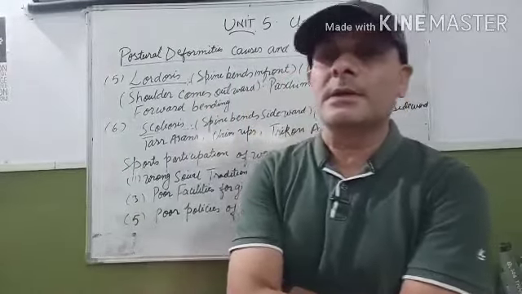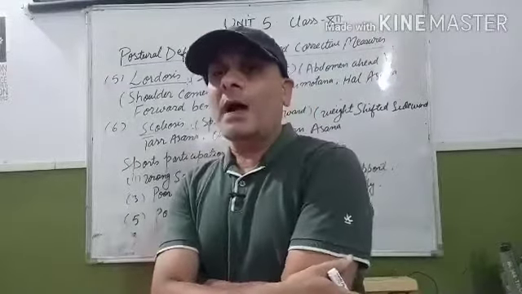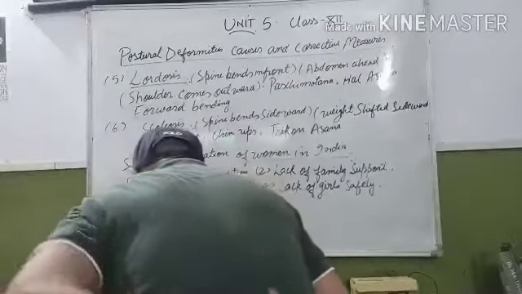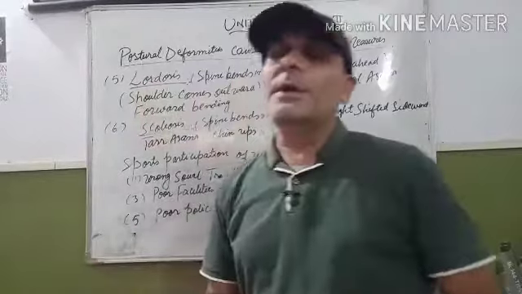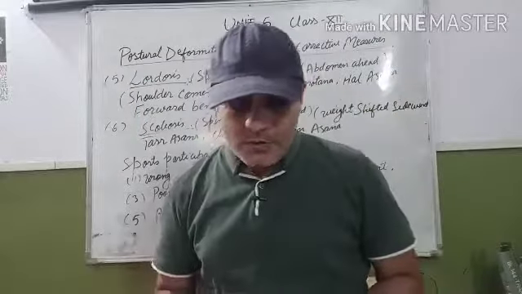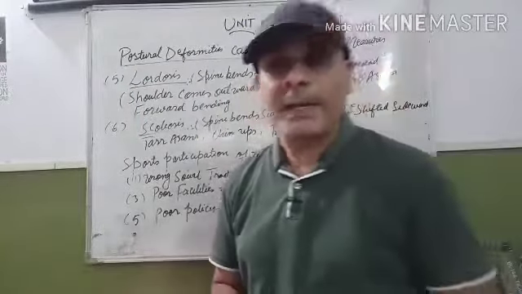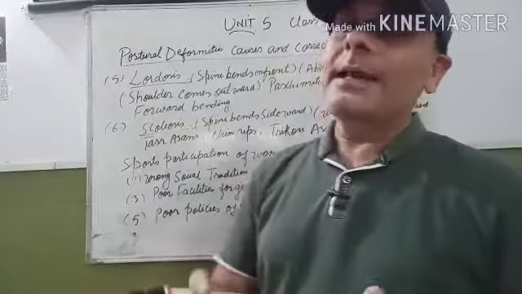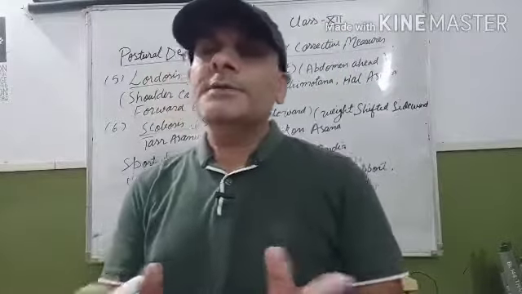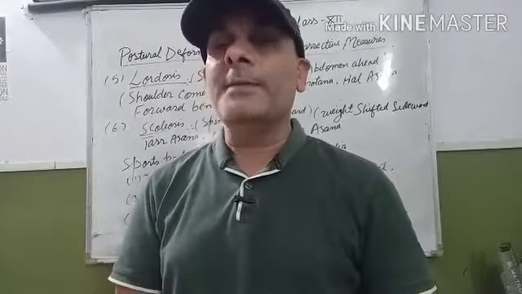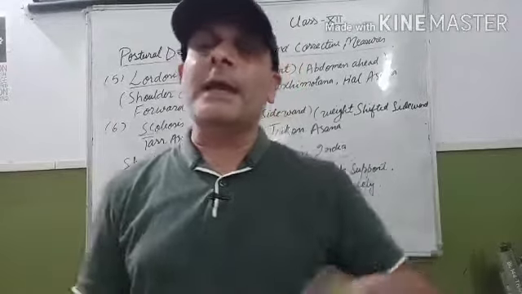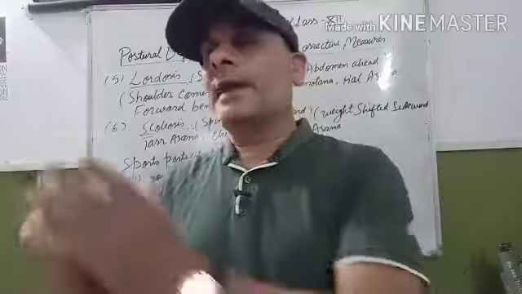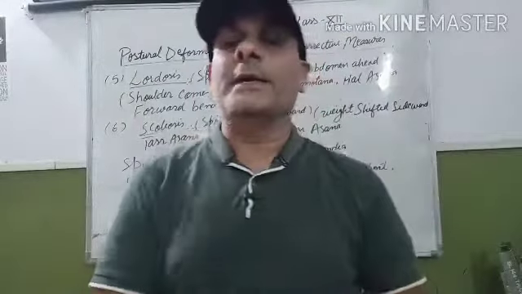Scoliosis, right? This is also a deformity of your clavicle spine. As you know that this is your clavicle spine. This is the deformity of your clavicle spine. It is also an abnormal curvature of your spine. In this deformity, your clavicle spine bends sideward, from the side, maybe from the right side or maybe from the left side. Your clavicle spine may be bent towards the right side or towards the left side, right?